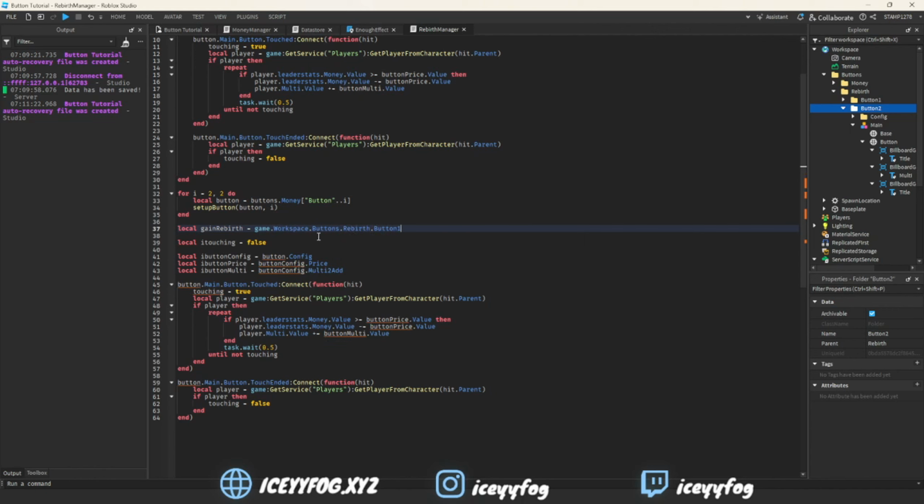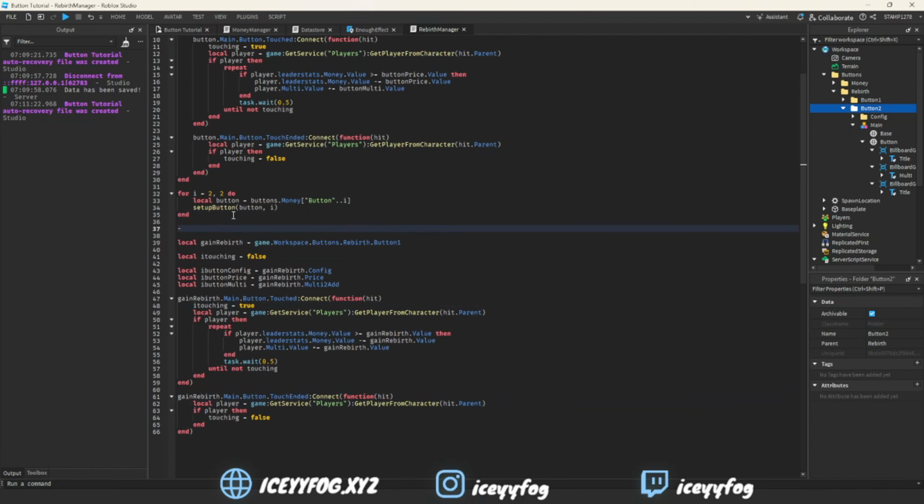game.workspace.buttons.rebirth.button1. The reason for that is that way we can exchange our money for our rebirth instead of having to change everything else for it. So what we're going to do now is change this to this. And then we're just going to make a new quote, and it's going to be exchanges money for